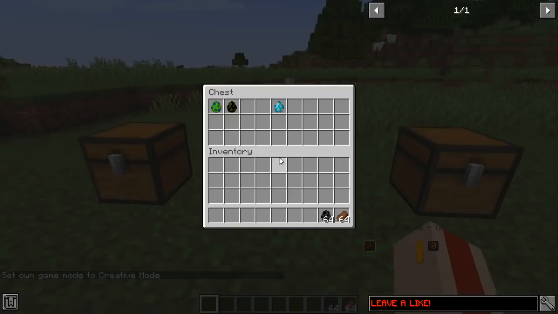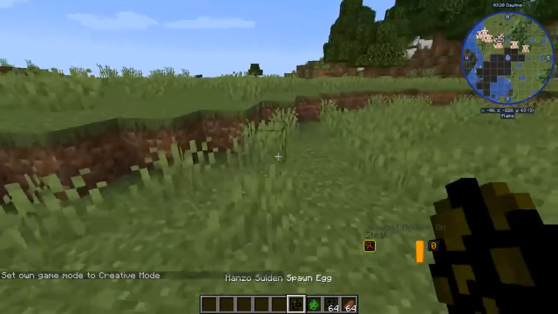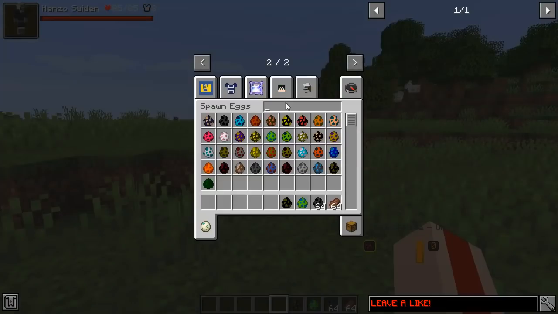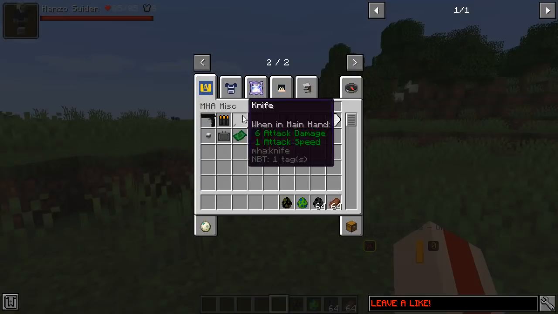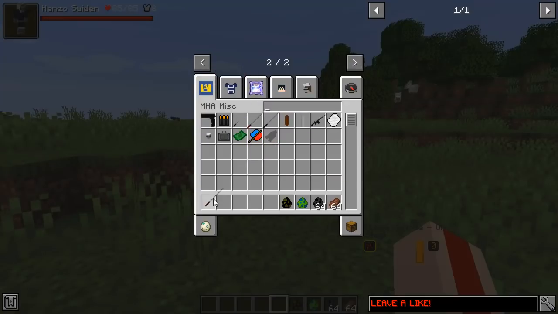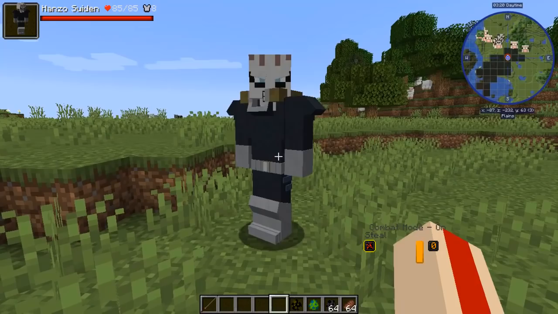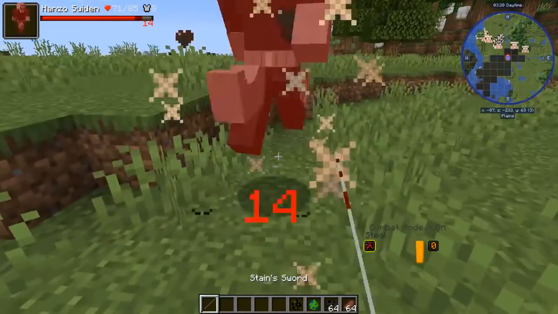Other than that, some mobs got changed: Muscle Man and Hanzo. Hanzo was the new mob I had in the last update. He now gives more XP than before. Maybe I should get a katana out for that. Where's Stain's katana? There it is, lovely. Hanzo before didn't have his XP set, so if you killed him, you got 0. Now if we kill him...